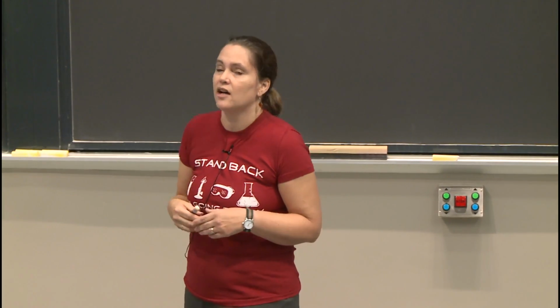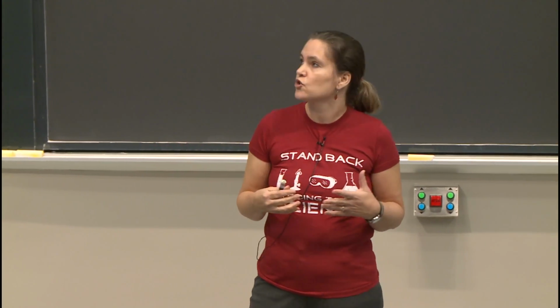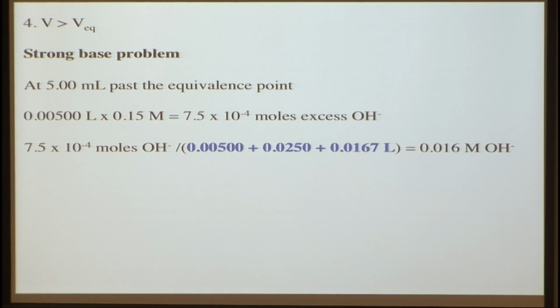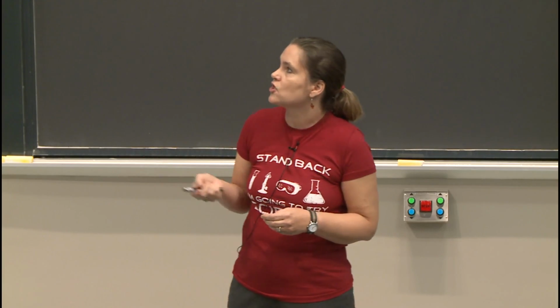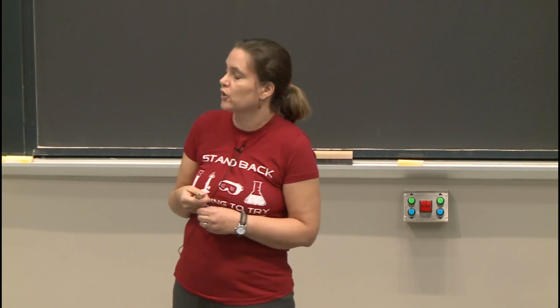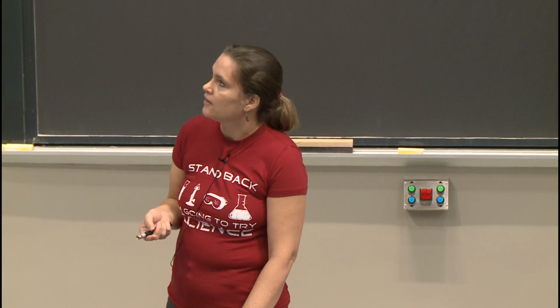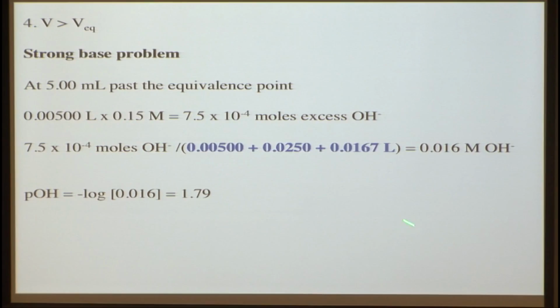And now we need to calculate the concentration. And we have to remember our volume. So we added 5 extra mL. We had 25 to begin with. And we used 16.7 to get to the equivalence point. And so when you have the whole volume in there, you can calculate that your concentration is 0.016 molar OH. Then from that, we can calculate pOH. And from that, we calculate pH, and it's